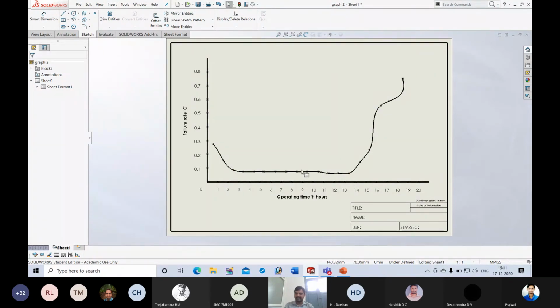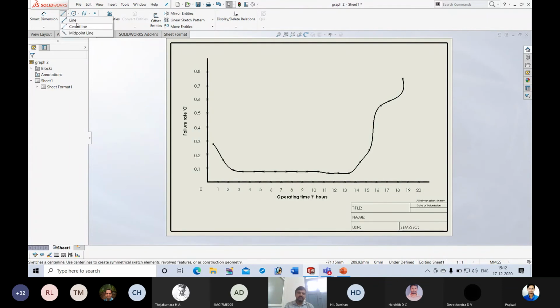So there is slight deviation. We are not considering the slight deviation, but after 13 to 14, after 14, you can see the spike. In the curve, before this also you can see there's more deviation. We can consider between 2 to 14. Or we can consider this point, this one and this.